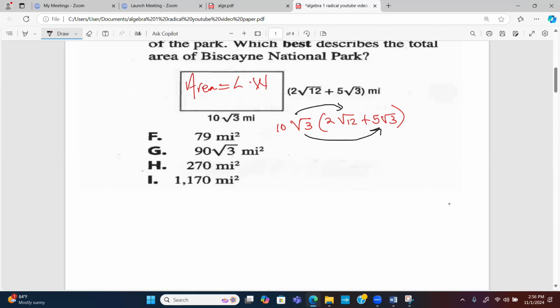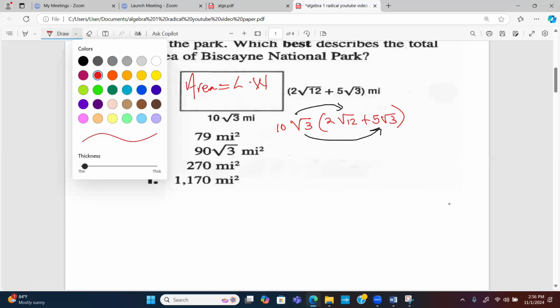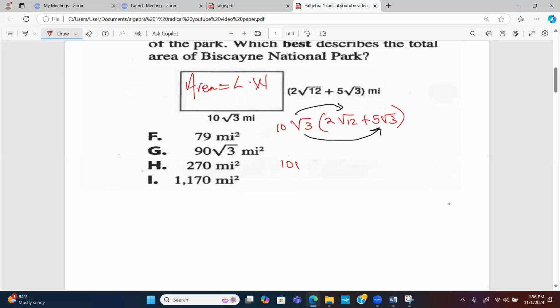So we're really looking at 10 root 3 times 2 root 12 plus 10 root 3